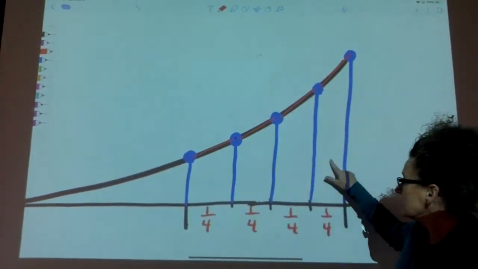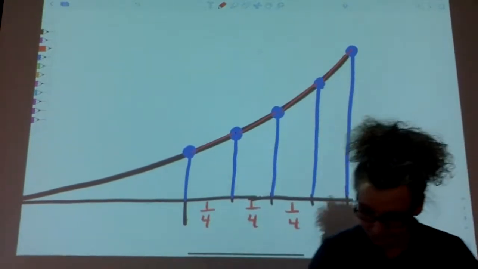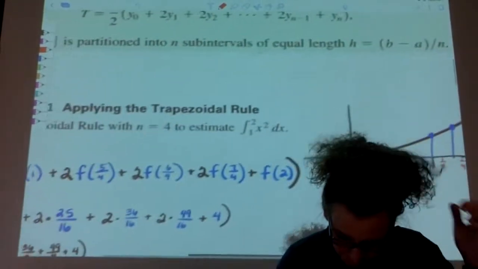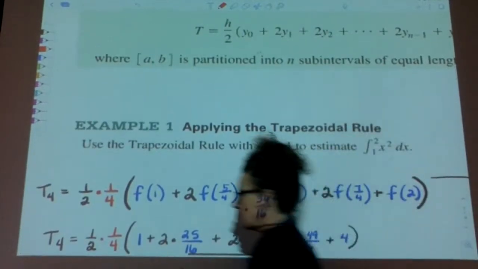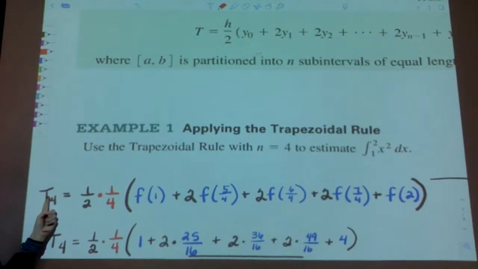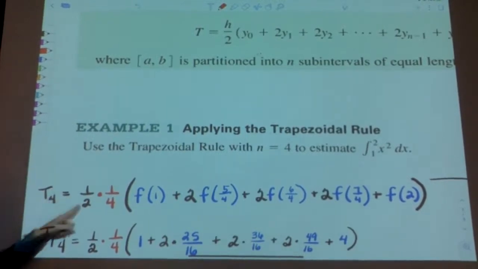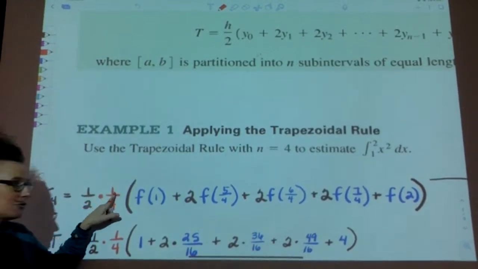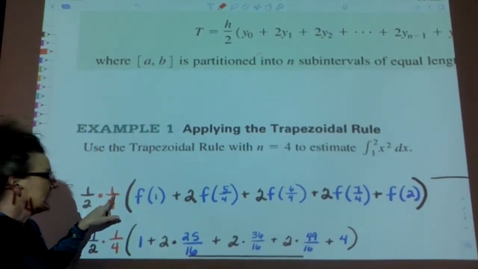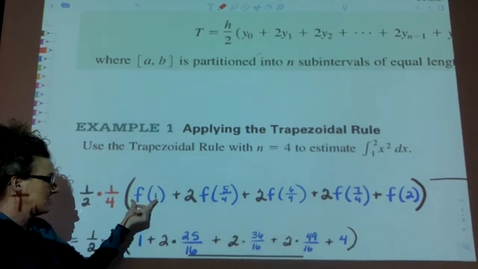These 2 bases, these 2 bases. So here we go. I'm labeling it correctly. Capital T with a 4, 1/2 times the height. It's going to be the same for every single one of them. And since it's the same, I can use